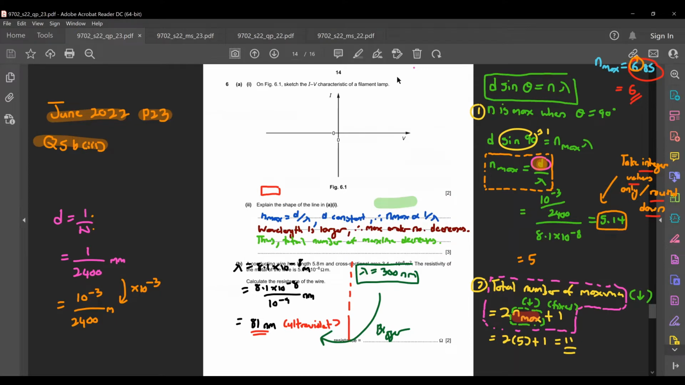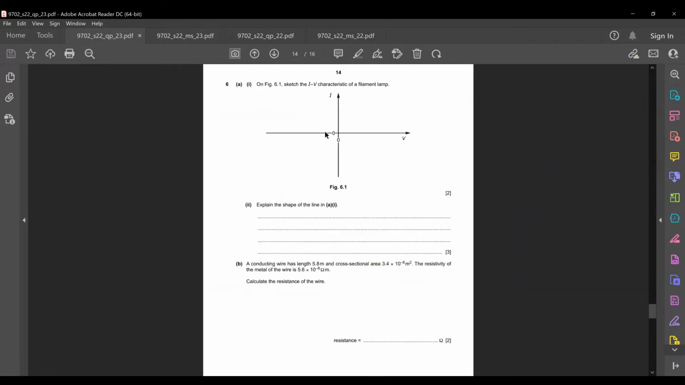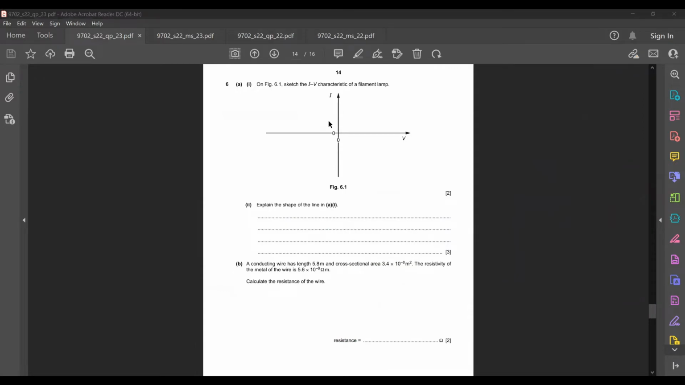This one is specifically on IV graphs. Now if you look at part 6, or rather question 6, on the figure here, sketch the IV characteristics of a filament lamp. So this one is specifically asking you about a filament lamp, and you're supposed to sketch an IV graph out of it. There are a few things that you should have learned from your current electricity, specifically when it concerns a filament lamp. The first thing you would have learned was that the resistance